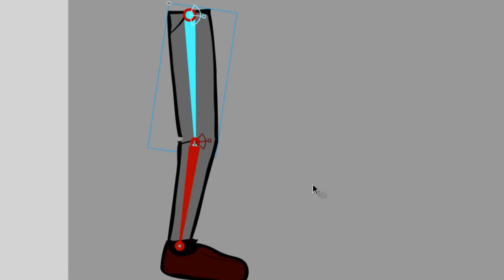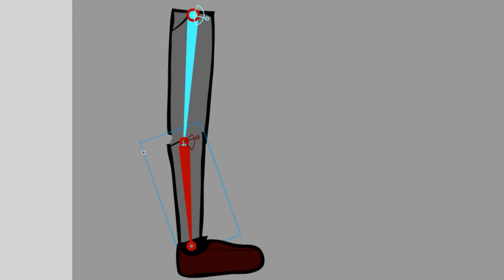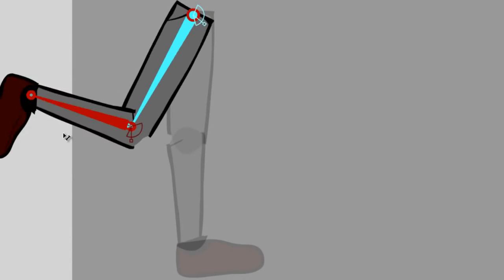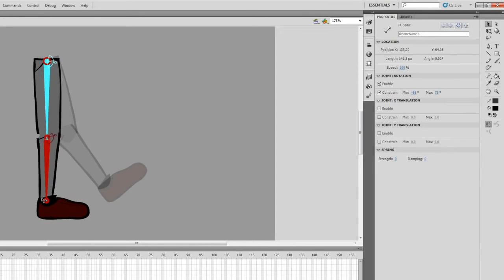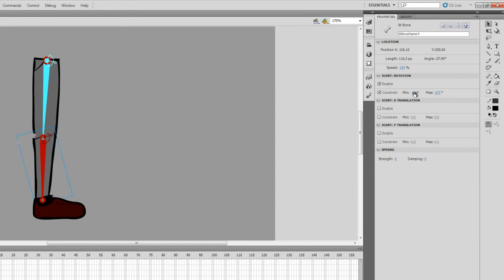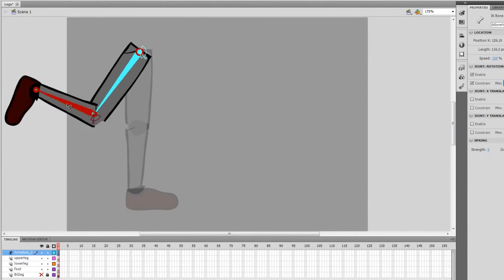And I'm just going to click the second one, click constrain again, and you can see that, okay, this one can go a little bit further back, like that. Well, not that far forward, because that looks a little bit broken. Okay, one second. Bring that down. Okay, there we go. So now we have,